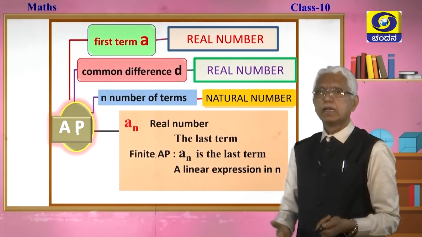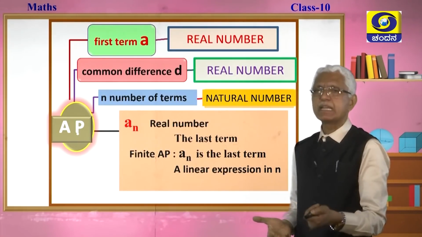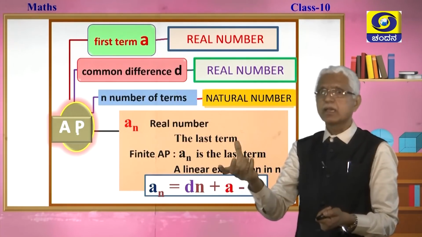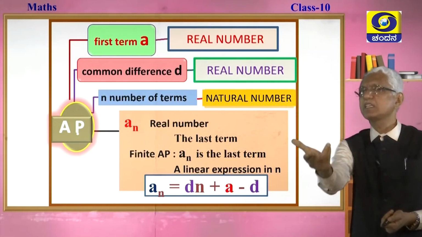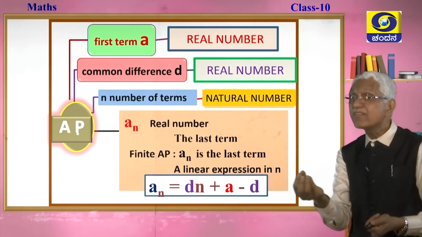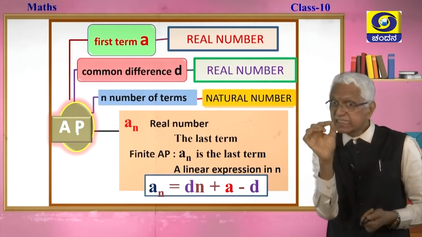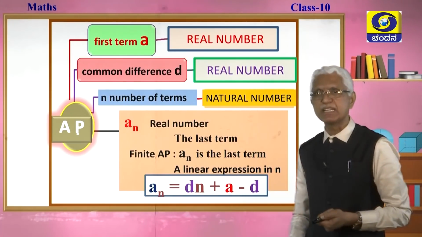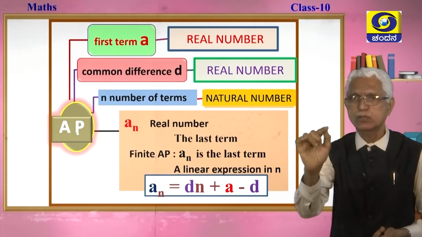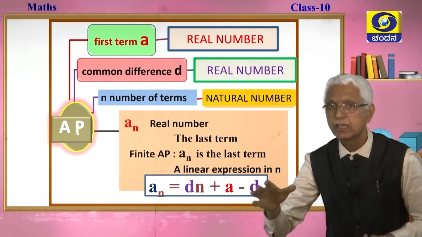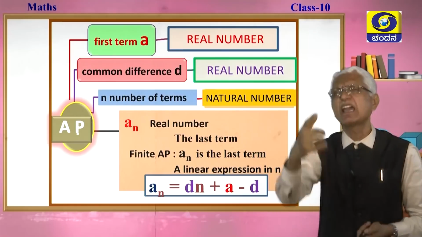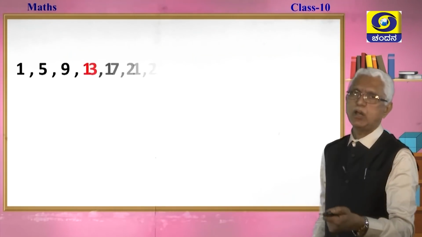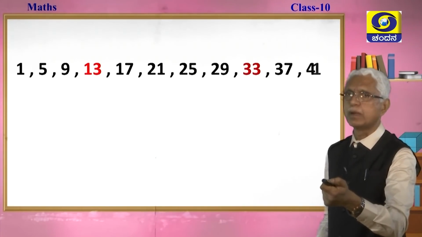And again the same thing being repeated there, a n is equal to a plus n minus 1 into d. Removing the bracket, you also write it as d n plus a minus d. Why have we brought it again? That d tells you the common difference. Suppose I say a n is equal to 5 n plus 3. 5 is in place of d. That AP will have a common difference 5. Correct?